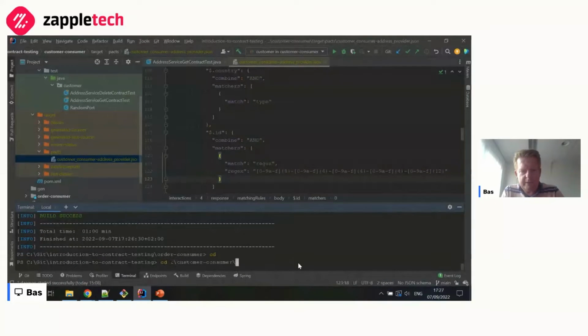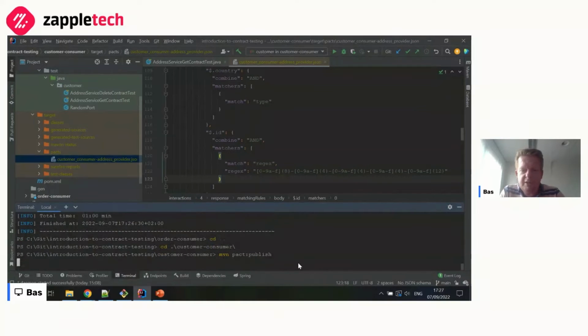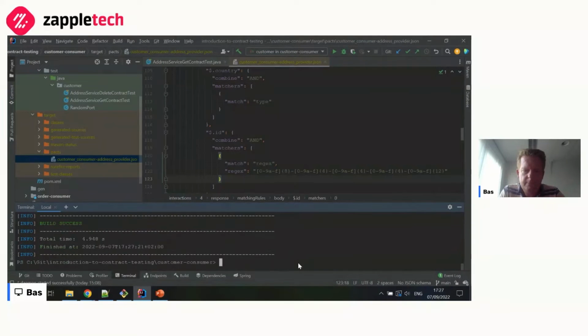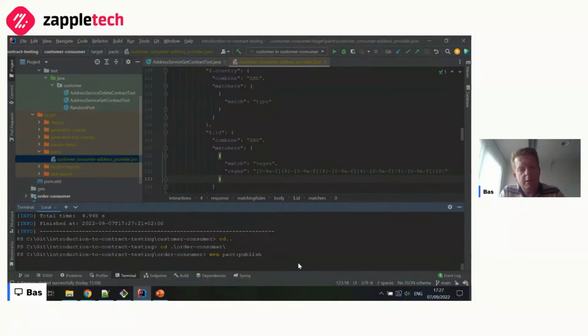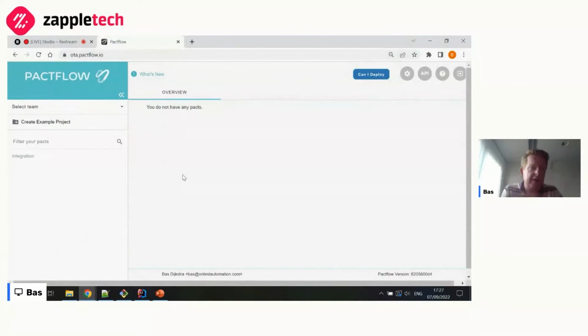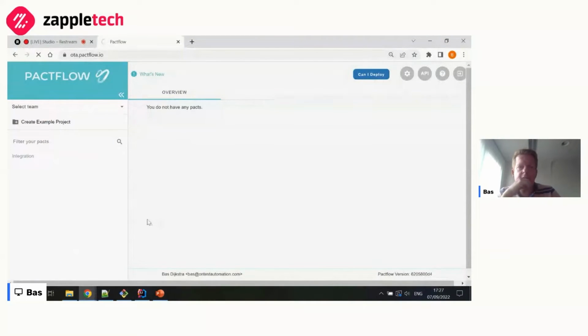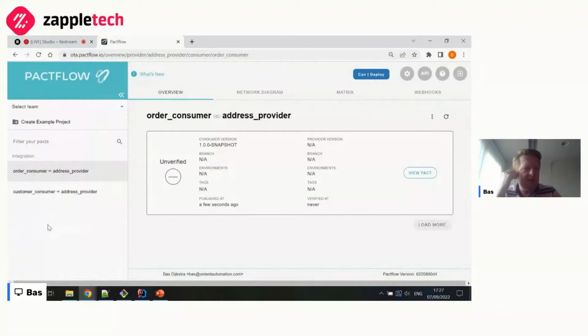I'm quickly going to go back to the customer consumer, because we've run the test and generated the contracts. I'm now going to say, please publish that contract to the broker. And I'm going to do the same for the order consumer. So before I refresh, there is nothing here. It's a completely empty environment. Yep, that's done. And if I refresh PactFlow now, you see that it now has two integrations, so two